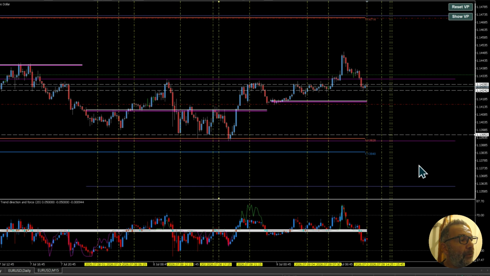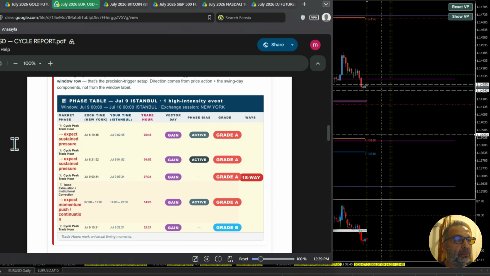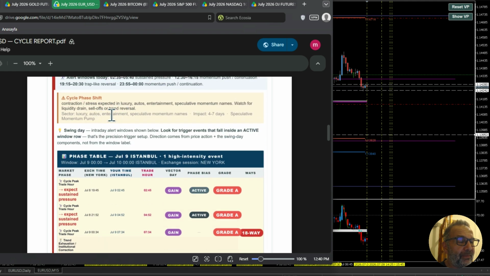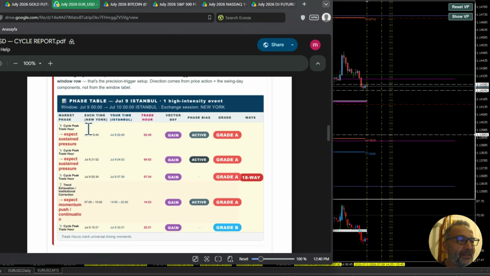So from this zone onwards, and also you get the exchange hour here as well. So if it's the New York exchange or if it's London, whatever, so this is the New York, well, euro dollar is not in the New York exchange, but this is an exchange time. So you can kind of match your time zone like New York and so on as well. All right, and that's how it is.